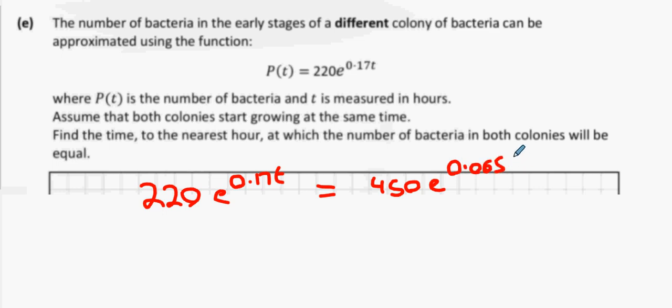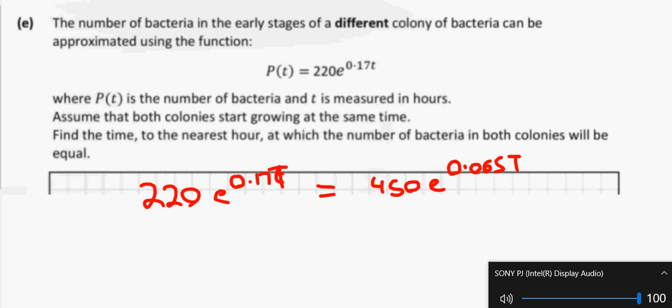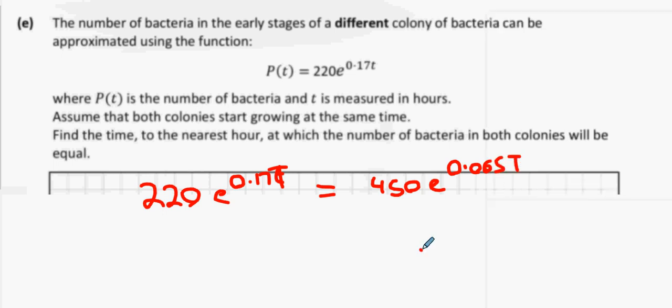Okay, I'll use capital T. These two numbers eventually cross each other, right? Now, my suggestion would be, oh, sorry, I just need to enter airplane mode. How do we get airplane mode, flight mode? Okay, so